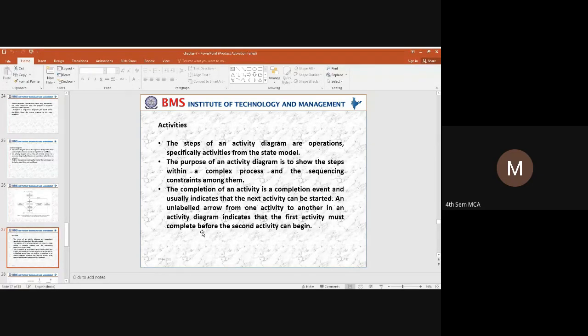All these activities will be indicated from one event to the other event. Once the verification happens, the customer is verified, then what is the next thing? What activity has to be carried out? How can we identify the next activity? We use an arrow, and that arrow indicates the upcoming activity. It is a transition from one activity to another activity, which causes the next activity to start or begin.